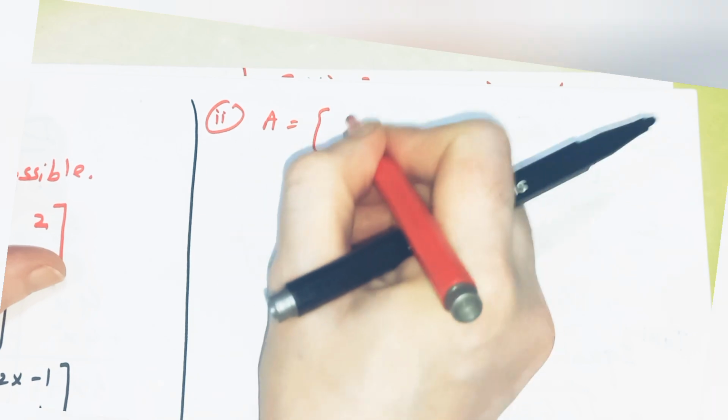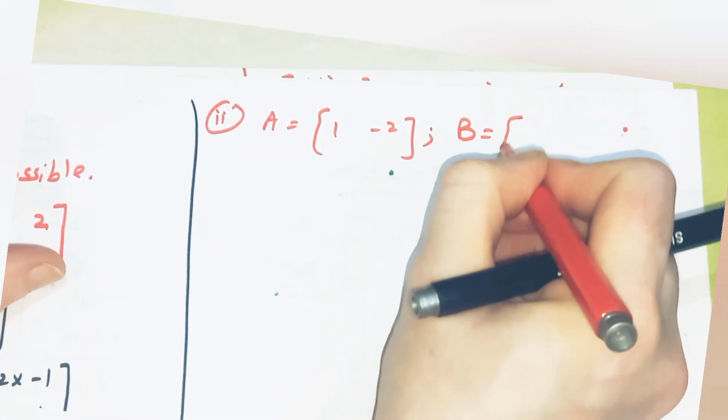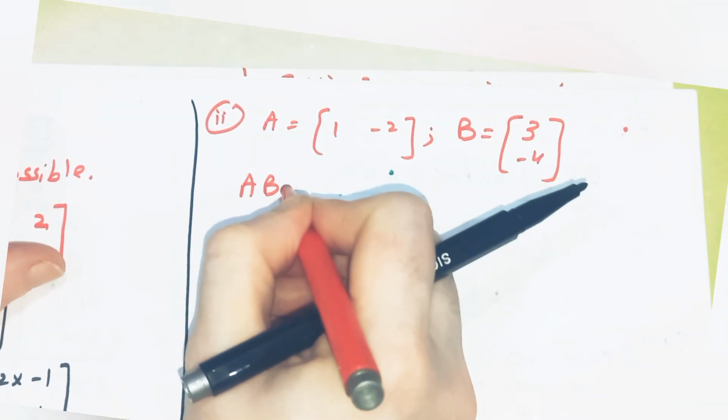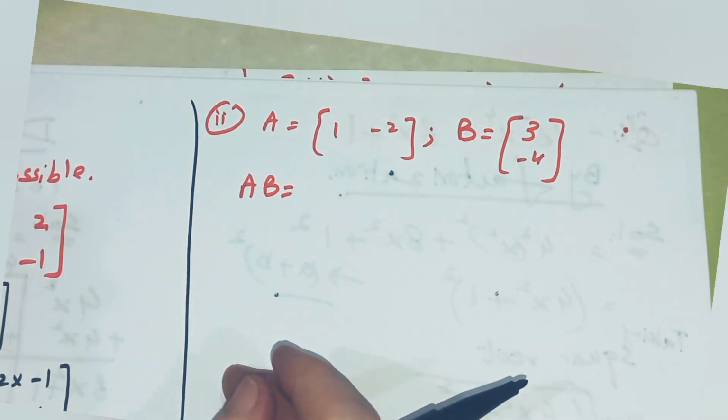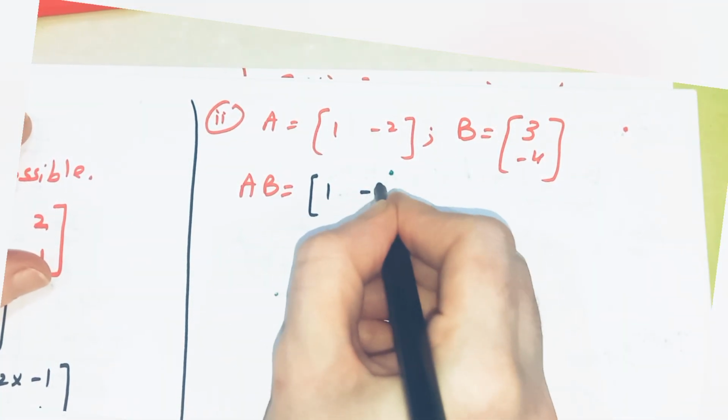A matrix is given as 1, minus 2 and B matrix is given as 3, minus 4. Firstly we solve AB, then solve BA. AB is possible, and we check whether BA is possible or not. 1 2